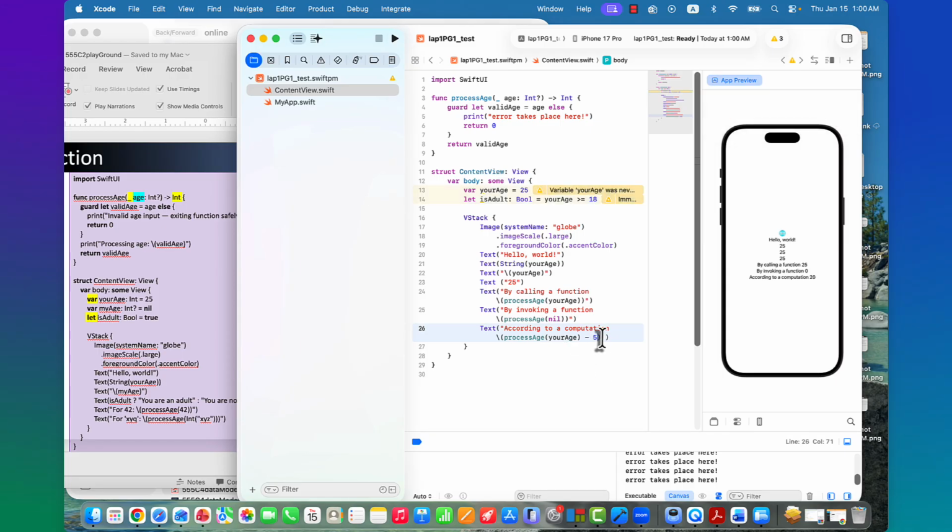Then everything here can be computed, right? So here that's a function invocation. It'll return 25 and -5, so it'll have here 20, right?